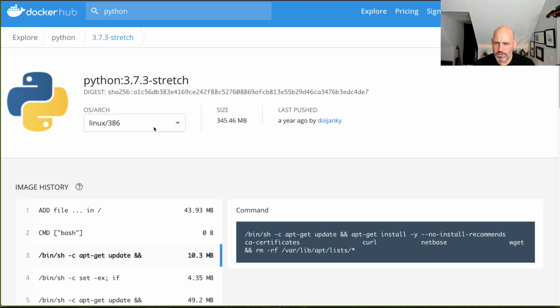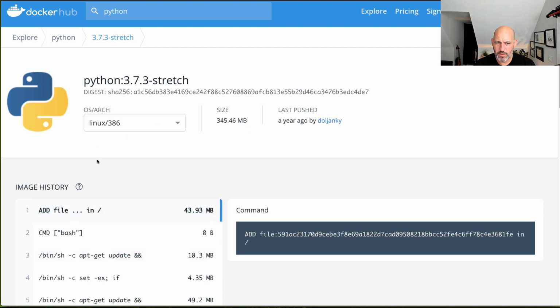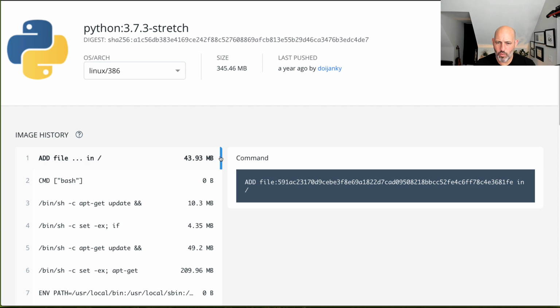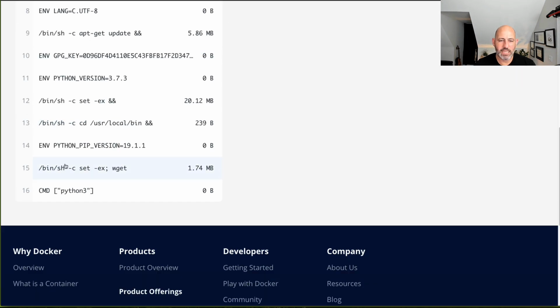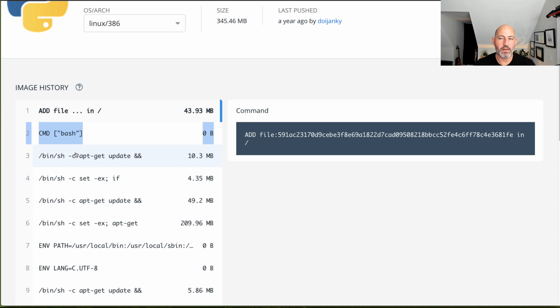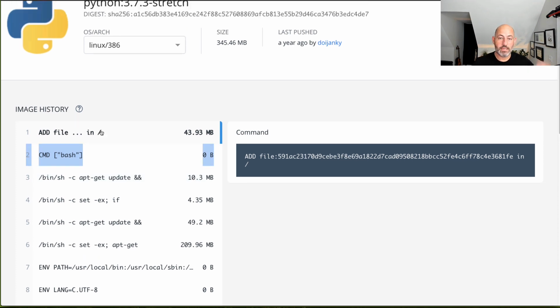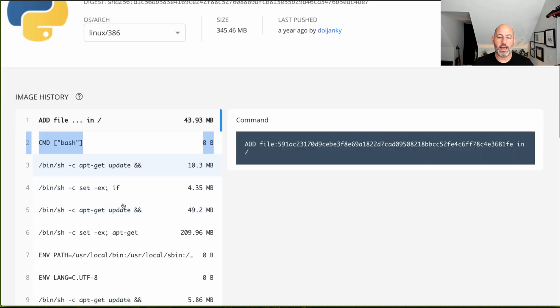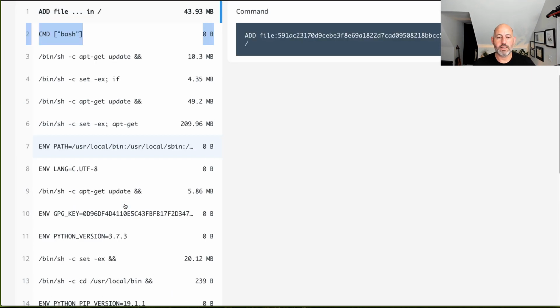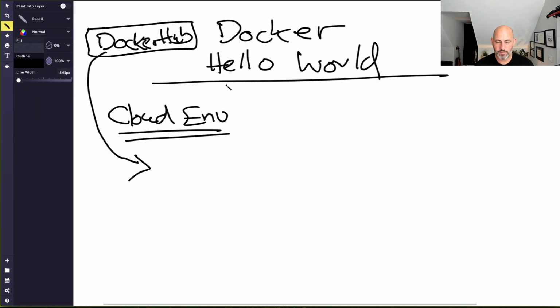Although they also changed this recently, which is kind of irritating, is if I want to look at the actual file here, I don't know what they did here. They made it a worse interface. But basically, you can see there's a bunch of commands that I don't want to manage. It really is irritating. I don't want to manage all this stuff. It's really complicated stuff that the experts that build Python every day, I can just take all of their expertise and their smarts and put it into my project. So that's what this does, I get the expert stuff inside of my Docker file,